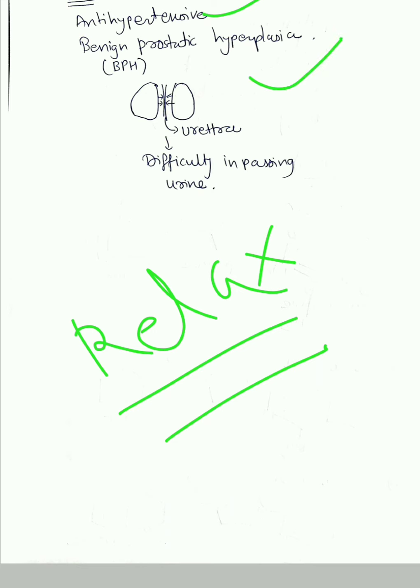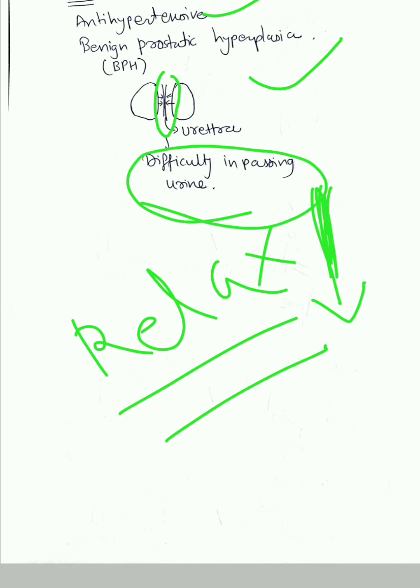benign prostatic hyperplasia. Now, what is this benign prostatic hyperplasia? It is a non-cancerous form of tumor where the prostate gland enlarges abnormally. The size of the prostate gland increases so much that there is pressure on the urethra, and the urethra becomes very constricted. See, the urethra is responsible for passing urine, so there is difficulty in passing urine because there is tremendous pressure of this prostate gland on the urethra.